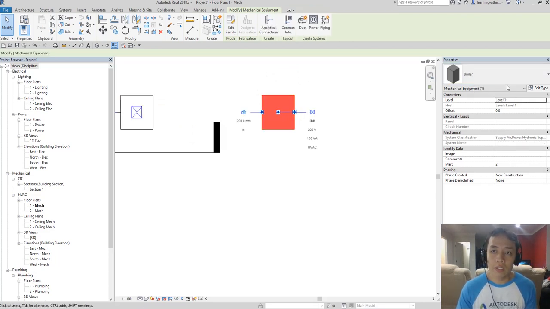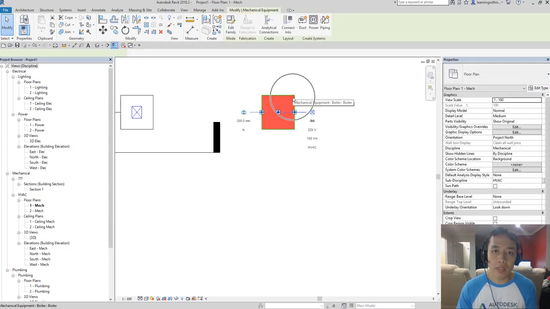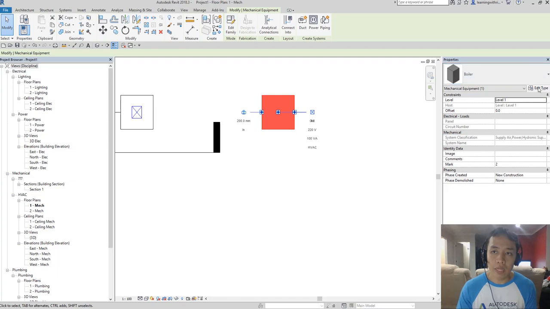Now the next thing is if I click the drop down, I only have one type here. Okay. As you can see, the other families here, they have their types. They have the instance and then they have the type here. But in my case, I only have the instance and I only have one type. So what we are going to do is create a new family type. Okay. So what I'm going to do is click this and then select edit family,